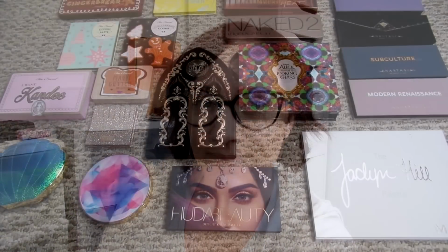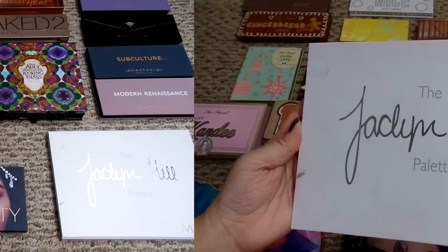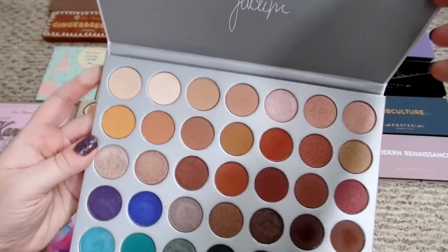Alright, so I figured we would start out with the more mainstream palettes. You're kind of like Sephora, Ulta, not really indie brand stuff. I don't know if you consider Kylie Jenner an indie brand, but whatever, I included it here. So let's go ahead and go through all these. So we've got the Jaclyn Hill palette,